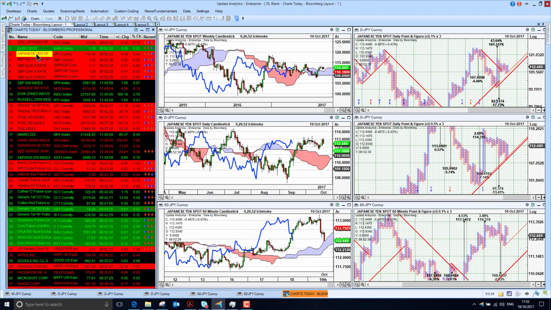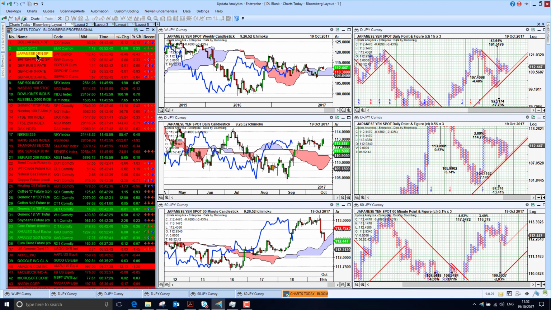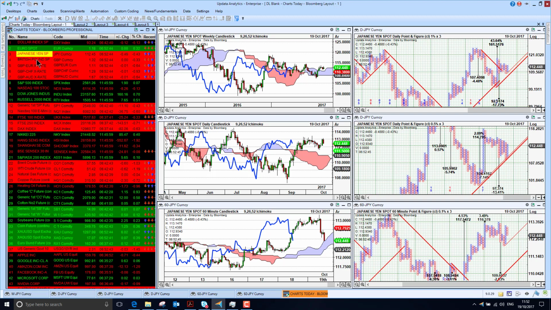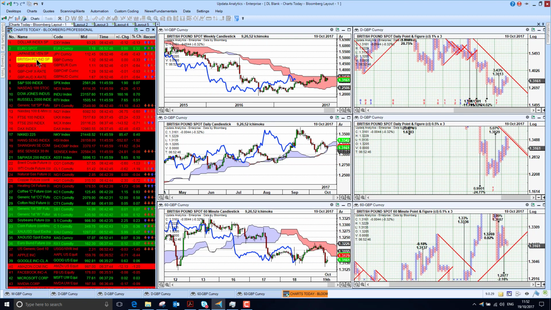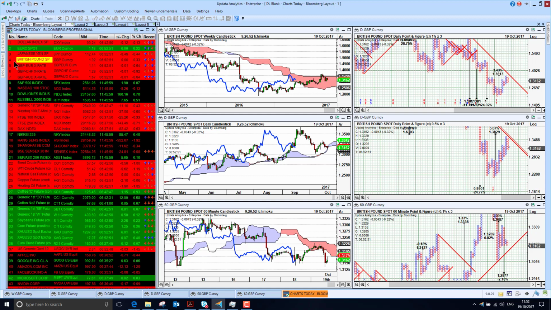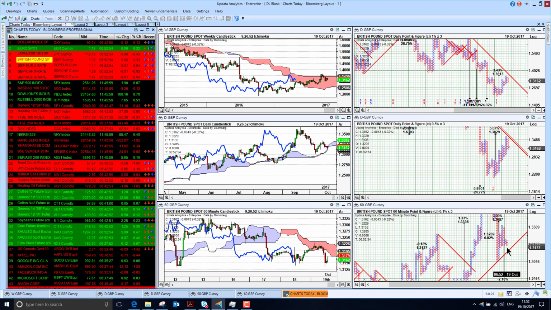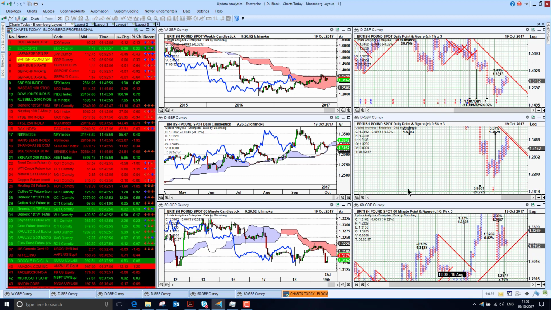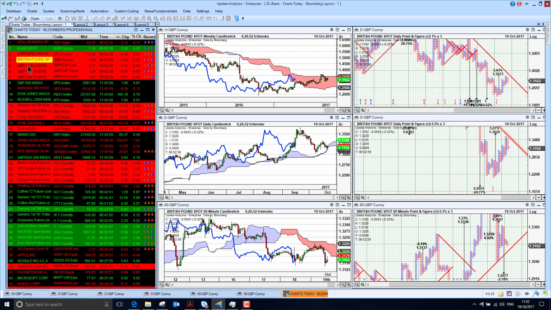Looking at the Japanese yen, dollar was looking very strong the last few days, but has again just fallen away there as well. Sterling is not faring as well against the dollar, so even though the dollar is weak today, sterling is weaker still, and we are below the cloud, so we are still bearish. Downside target here of 128.77, 2% downside not yet activated,